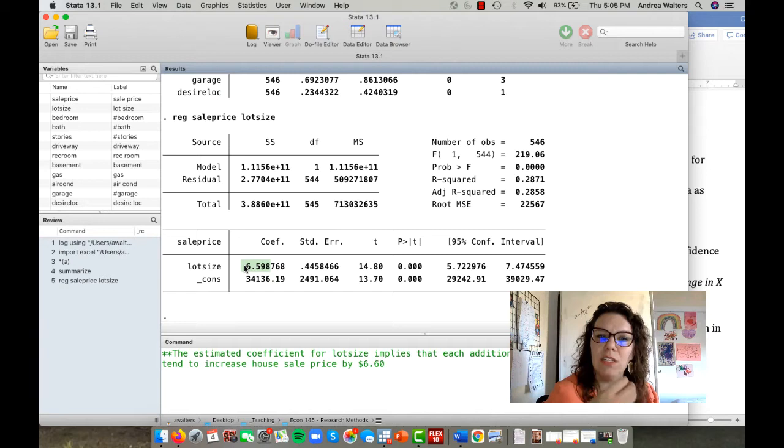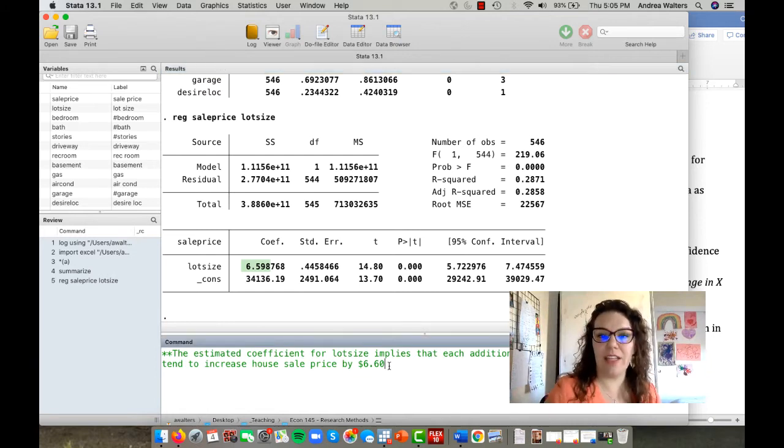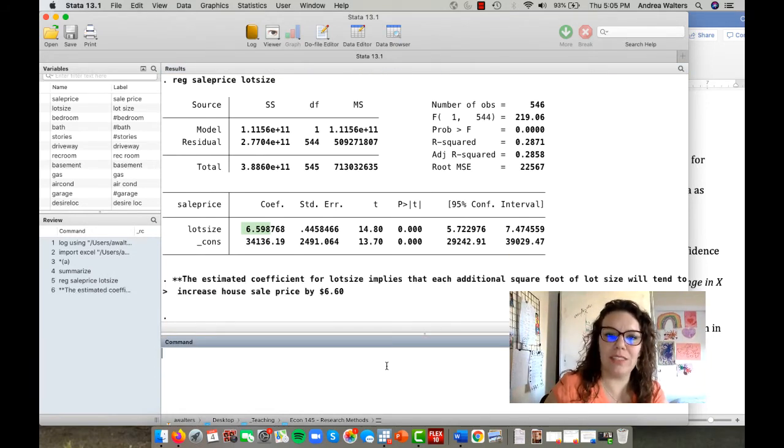It's important that we talk about how it's not 100%. It tends to be; we think it's generally this, more or less this. We don't know for a fact, but we're 95% sure it's pretty close to that. And that's the next thing we can say. We can say that a 95% confidence interval